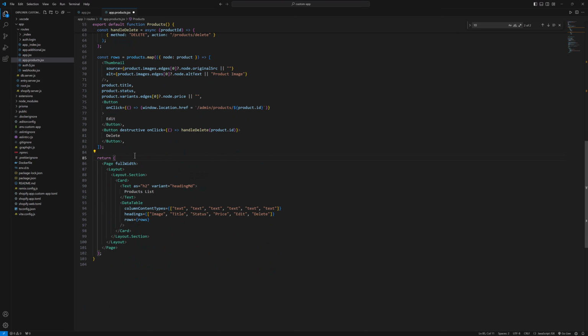And here in the return function, we are showing the full page layout, then card, and the product list, then the data table. This will display all the products. We have text fields: image, title, status, price, and edit. So let's save that